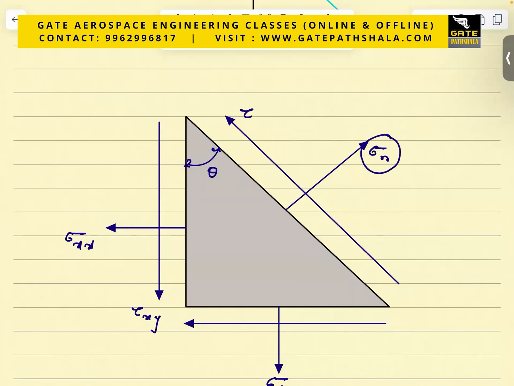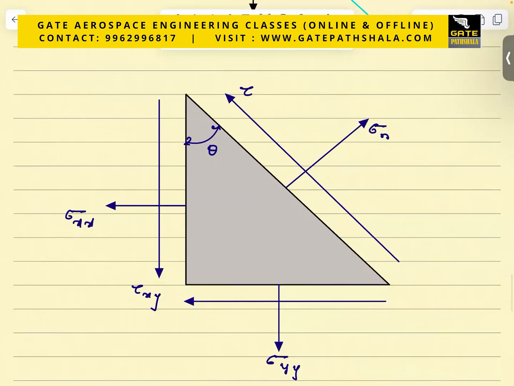Now, if I want to find the sigma n and tau, how should I do that? What do you have to do to find the sigma n and tau? We should resolve sigma xx, sigma yy and tau xy in the direction of sigma n and tau. Agree? Yes? Then after that, what should you do? Equilibrium. Very good. Keep it up. So now,